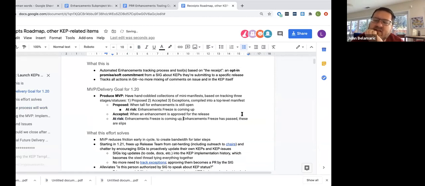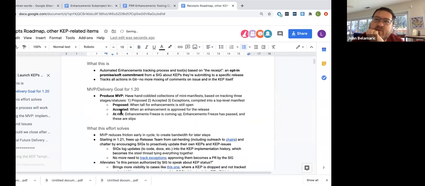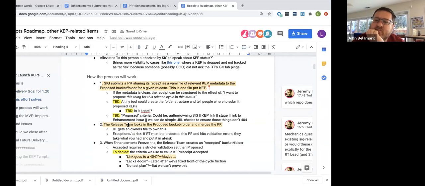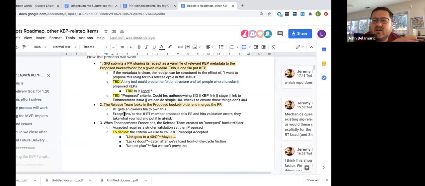Then the enhancements team is going to have owners on the proposed directory, go through everything you proposed, or potentially run a tool on it that tells them at least which ones pass, and then maybe do a second level of verification. Then they're going to do another PR to move them into accepted.